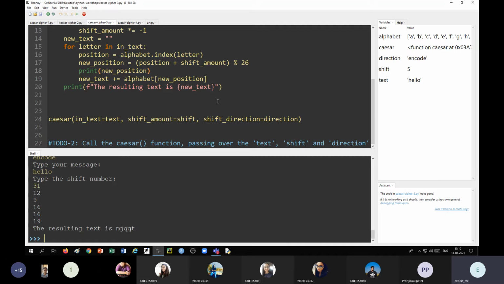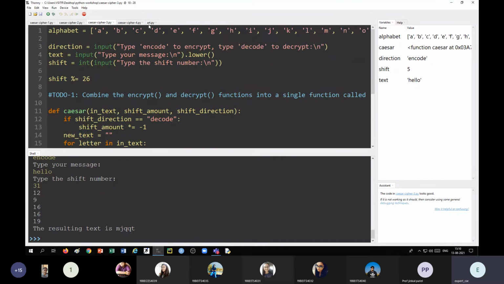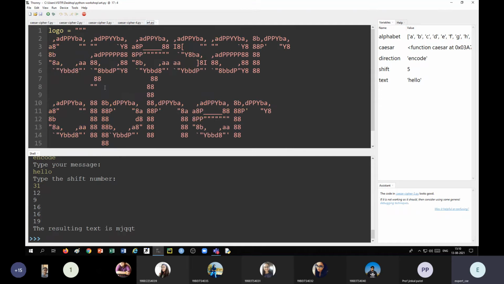And if he wants to stop, he may type no, then it should be stopped. OK. So I want to take a loop. And also for this, I want to include a logo. So I have taken another program that is known as art.py, where I have taken a logo of Caesar-Cipher.